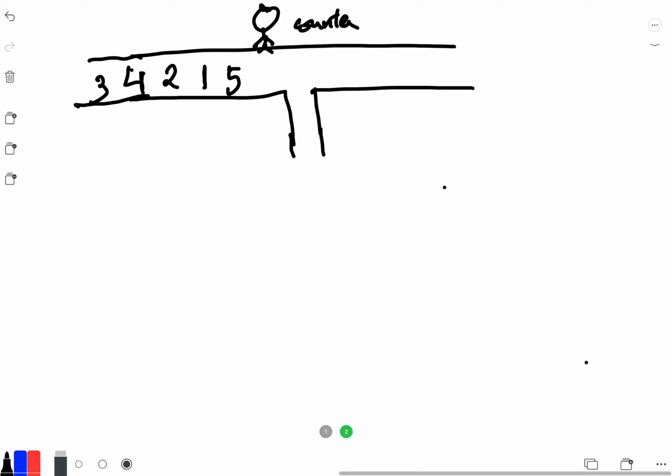So he will start counting. At the first time, time 0, the counter equals 1. So if the car number and the counter have the same value, the car can go